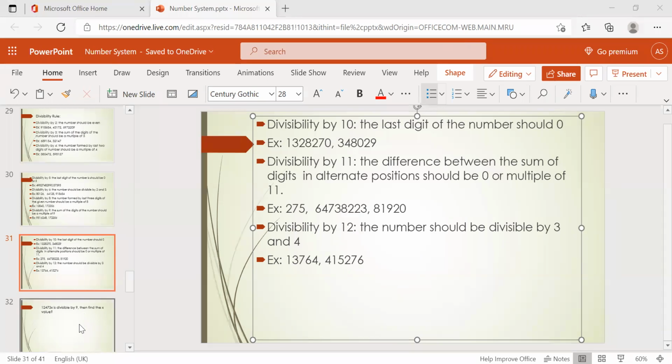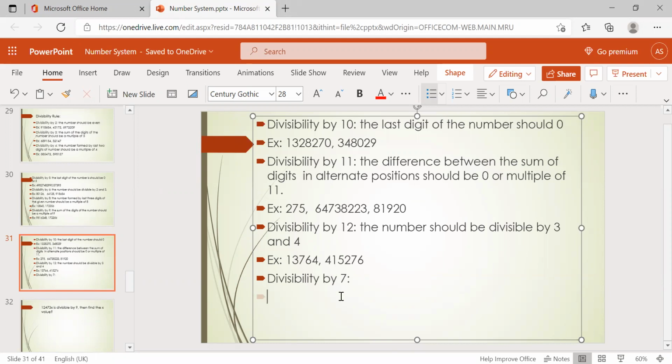Now, next one, divisibility by 7. So here you should remember this for 7 and another number also.